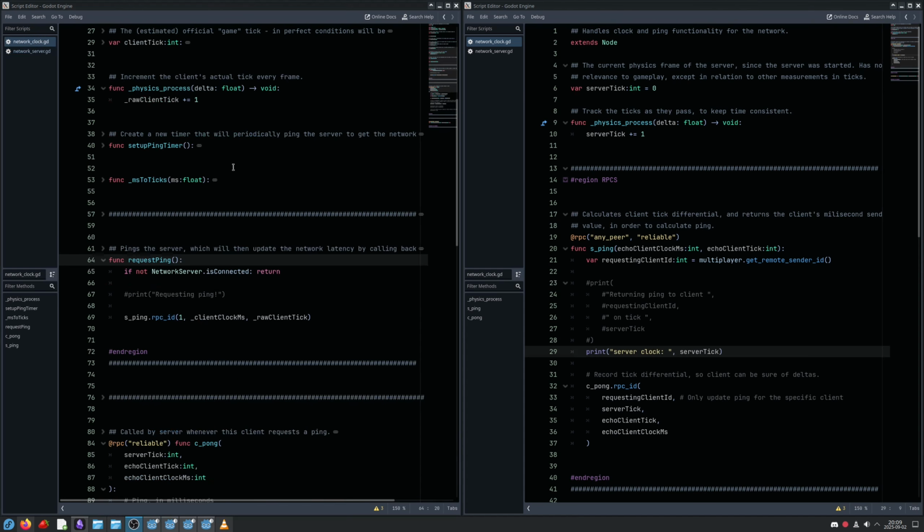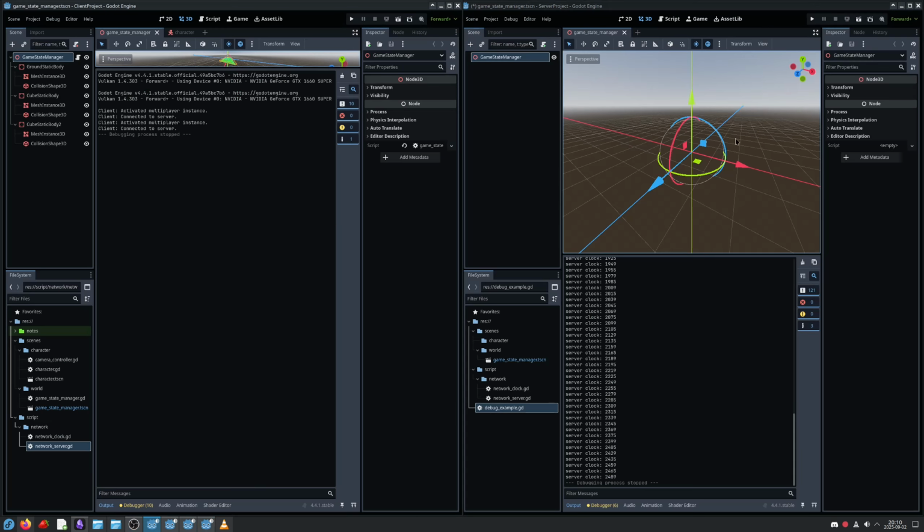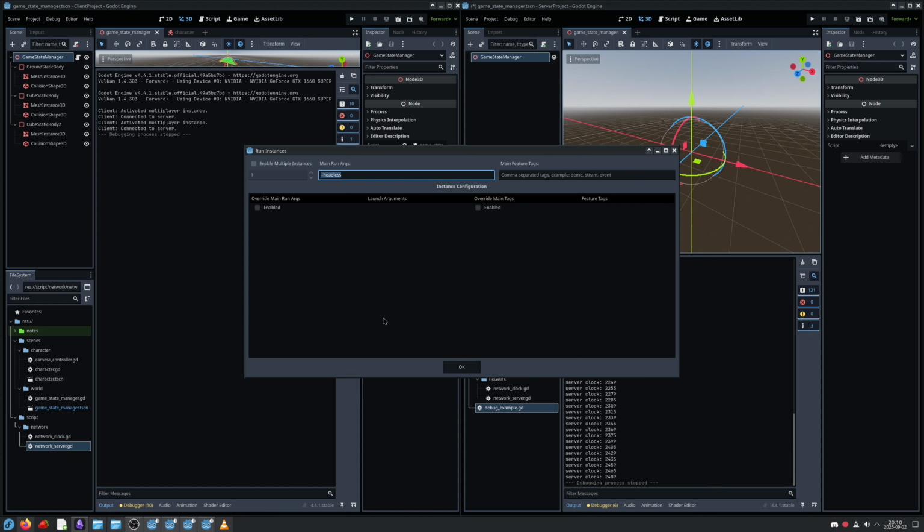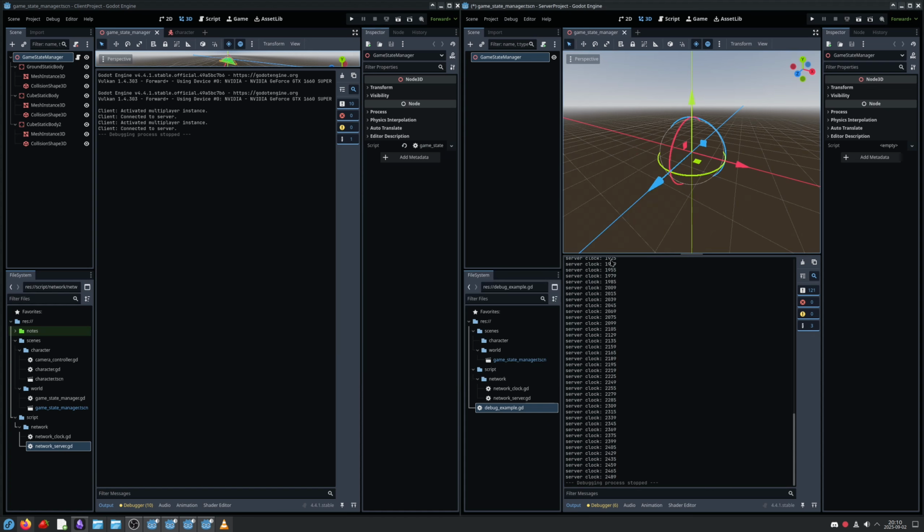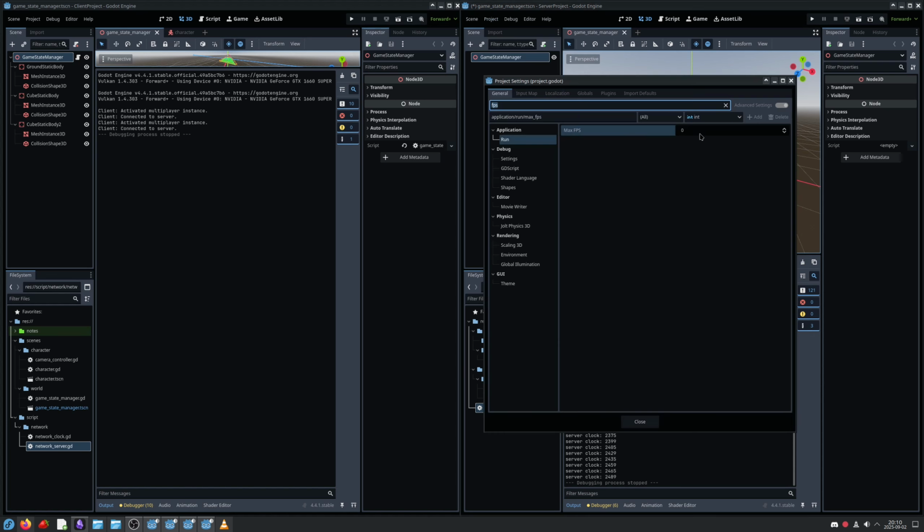Secondly, there's this really weird quirk of Godot's networking where if your server is running in headed mode, so not how I've set it up here, where we have the run instances, where we have it headless here, and now that we have only running in the console instead of running in an actual game window. If you have it running in a game window for your testing or for whatever, then the multiplayer polling will only be polled according to max FPS. So if your max FPS is limited to something like 30, like it was for my game, then you will only receive packets 30 times per second, as opposed to what you probably want, which is 60 times per second,